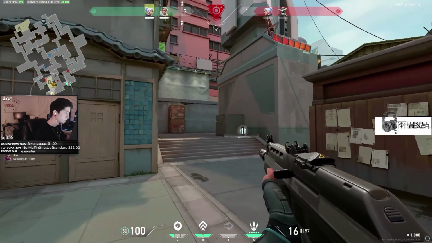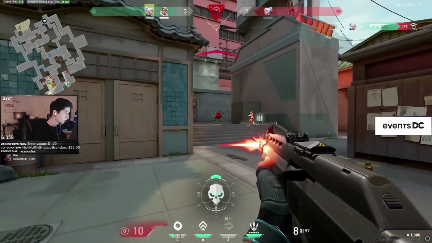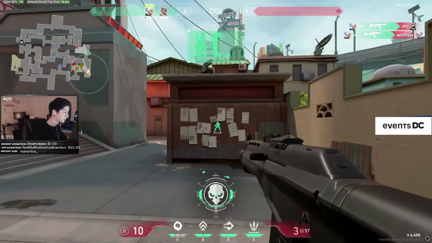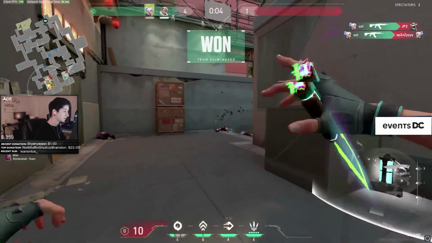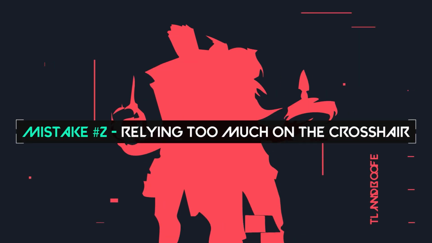This is the reason that you'll likely see a lot more Phantoms used in lower ranked players versus high ranked players like Hiko and Tens, where you may see them using the Vandal more because they are confident they can get that headshot in the initial 3 to 5 bullets regardless of how far away the enemy is. This second mistake pertains more to newer players, but even some moderately high ranked players can fall into this trap,